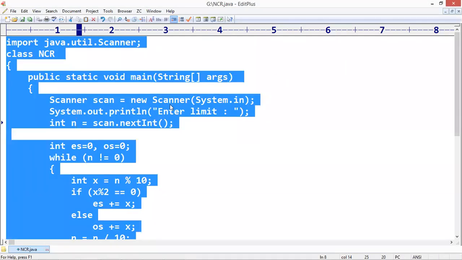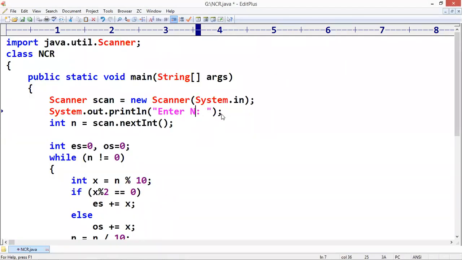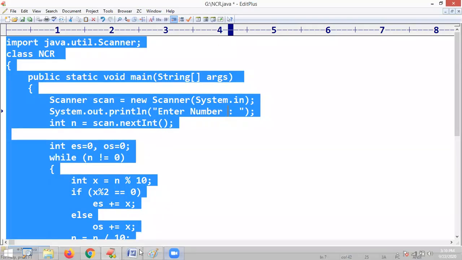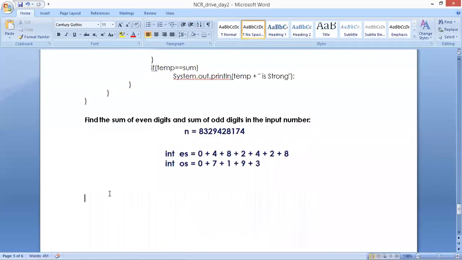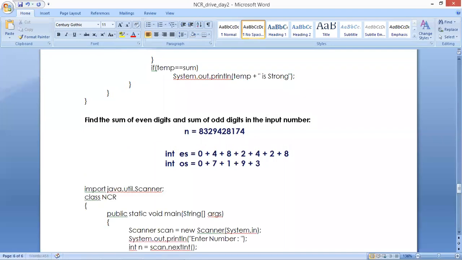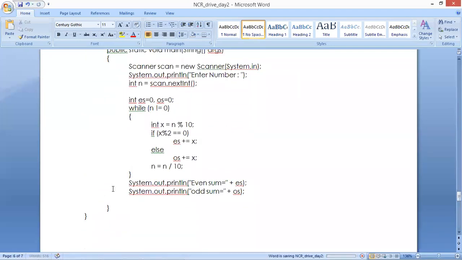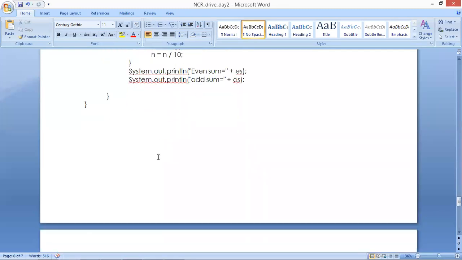Okay, this is the one. Write the output for this code.